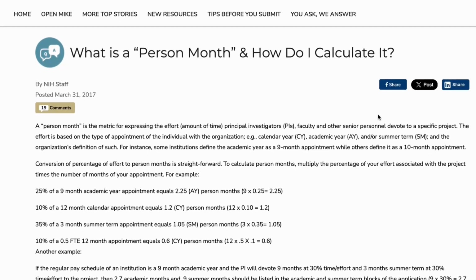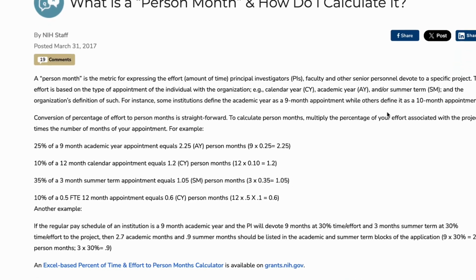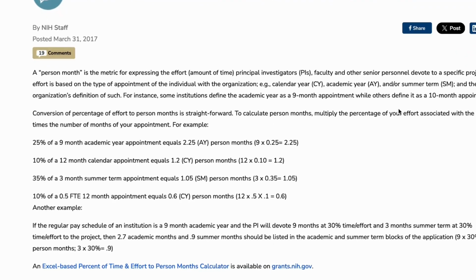But it is a little bit more complicated. Now, a person month is the metric used for expressing the effort that a principal investigator, or faculty or staff or personnel, devote to a specific project. That's based typically on the kind of appointment that an individual has at the organization. In some organizations, it's going to be a calendar year. So any type of effort you do is going to be calendar months, and you're never really going to have to worry about academic months or summer months. In a lot of teaching institutions, they have it broken up into calendar, academic, summer, and winter months. So they have a completely different calendar for